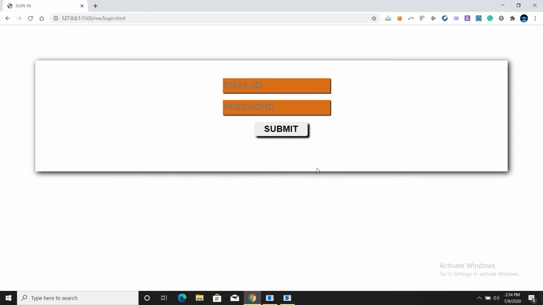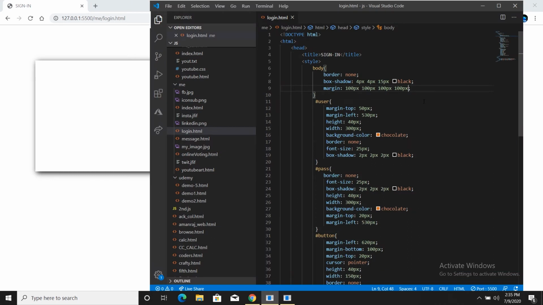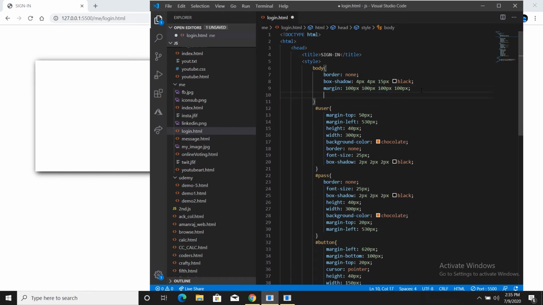So there are two methods of giving the margins. Either I can use margin top, margin left, right, bottom, or else I can directly mention the margin and give 4 attributes. If I want to use 2 attributes, then it will just give you the margin left and margin right. If we don't want to use the margin, then we can use the padding value. The padding is also the same as margin. The work is just the same. There are some different uses of padding. Let's mention some background color for this. I'm giving a light color.